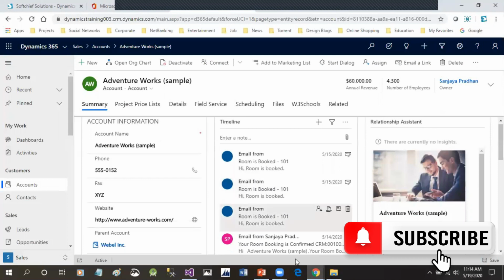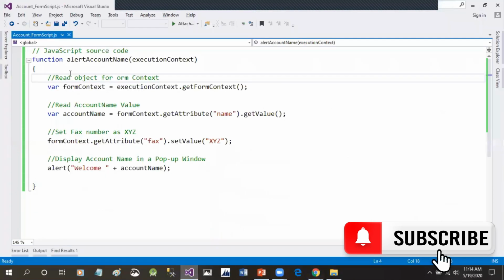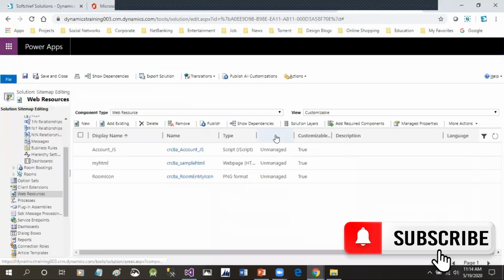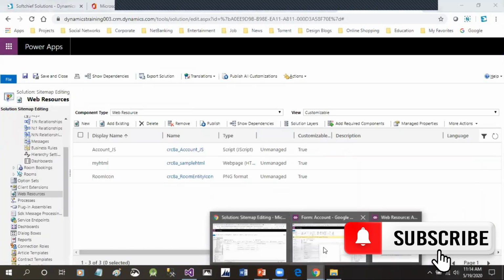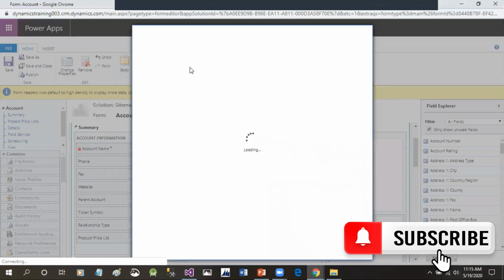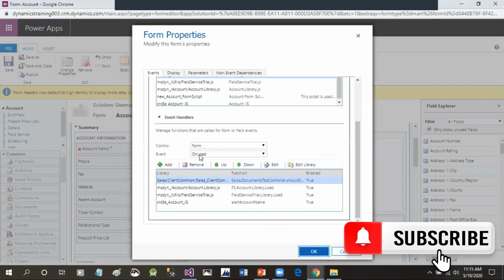So today we'll discuss a simple concept of how we can integrate this. Before moving further on the form context object, I will show you how to integrate this function in all events. I have included it in onload only. Let me open that form for you. When you click this form properties, we have used this onload event and this function.